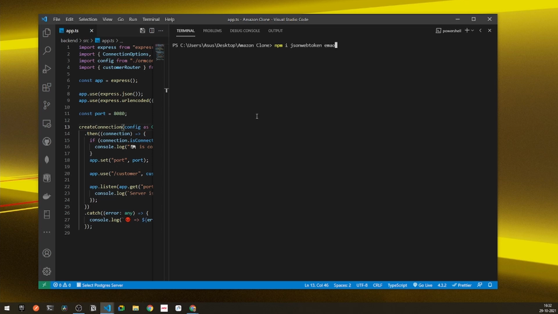After this, I will be using a package known as email-validator. This package will be helpful in validating all of our users, that is, validating all of our emails. So here you can see I got my email validator as well. And lastly, we also need a library known as bcrypt. Bcrypt will be used to save the encrypted passwords under our database. Right now, we are saving all of the plain passwords, but with the help of bcrypt, we will be able to save the encrypted passwords. So now simply press enter and let npm do its magic work, that is, let npm install all of the following packages.